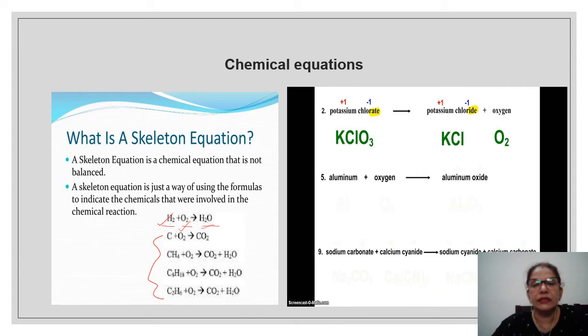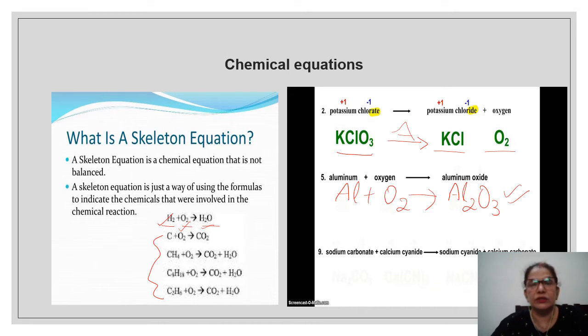So for this, let us take potassium chlorate on heating gives potassium chloride and oxygen. This is an example. So KClO3 gives KCl plus O2. Now let's try and do this. Okay, I'm sure you will be able to do. Aluminium, yes, symbol is Al. Excellent. And oxygen, O2, wonderful. And it gives aluminium oxide, Al2O3. Wonderful, wonderful. You're good going. You all are now able to do the conversions of word equations into skeletal equations.